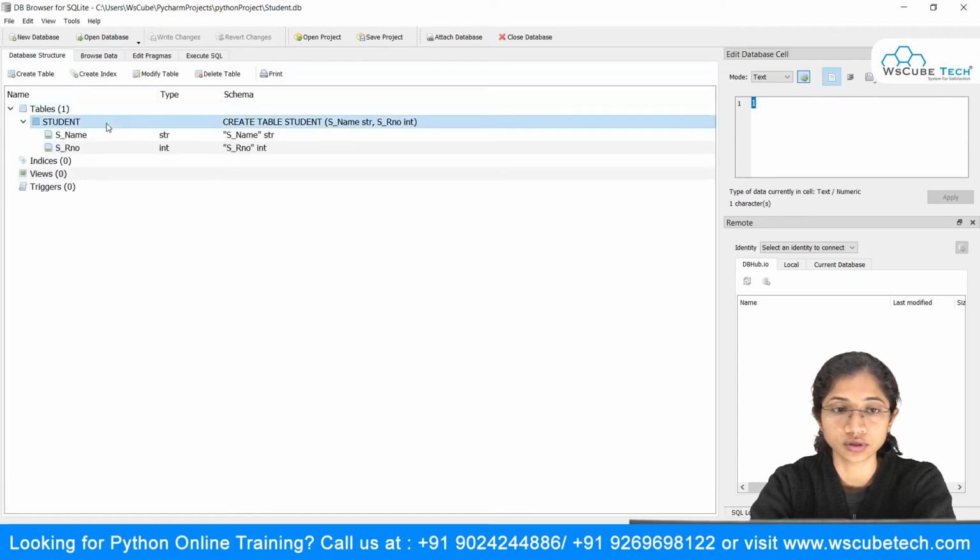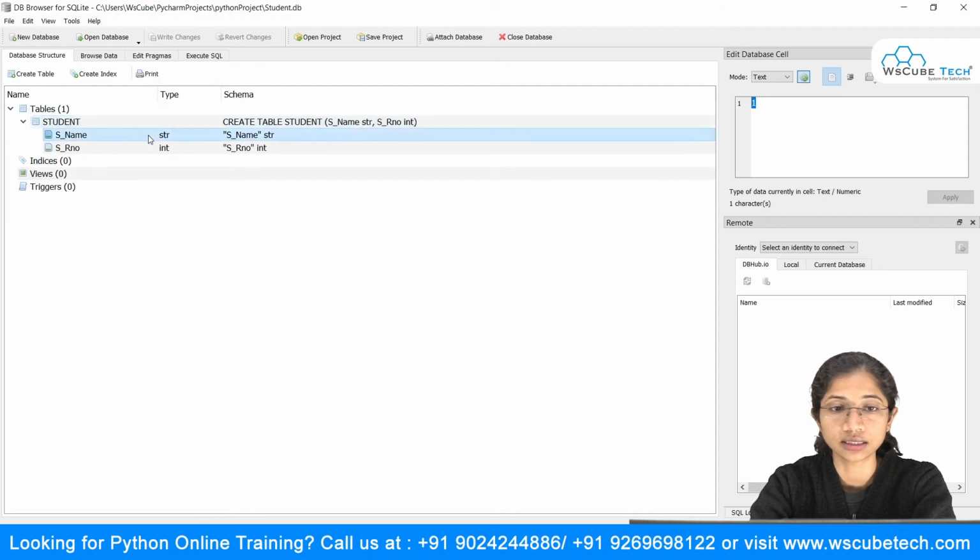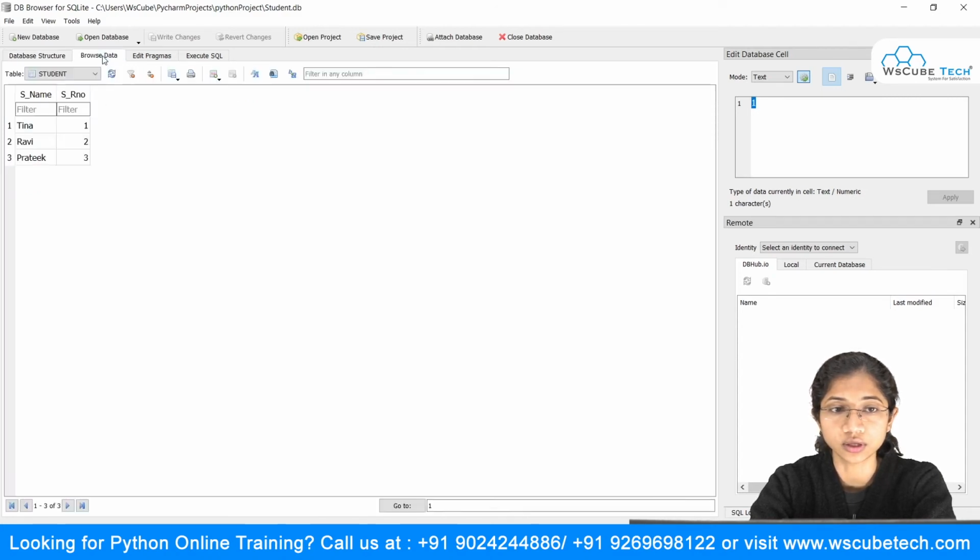And as you just click over here, you can see that you have created the table named student, and these were the fields we have added. Inside this browse data, you can see the number of records you are storing into your database, the values. This is of S name and this is of S roll number, that is the column names which we created in the first tutorial, with create table student. And inside that we had simply passed this S name and S number,